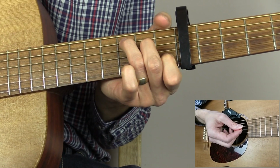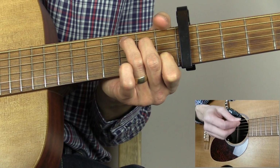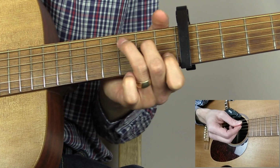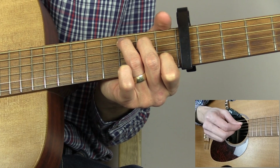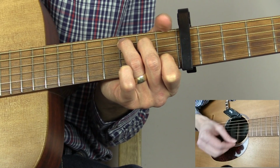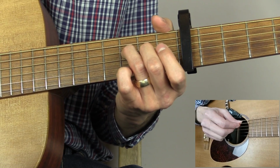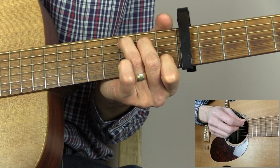Okay, we then go to a C. We start off as you would expect, and then there's a slight variation. So it goes like this. Okay, so we have the A, top E, G, B, back to the A, top E. We're then going to go on the third fret of the D string, and then the second fret of the D. So that gives you...